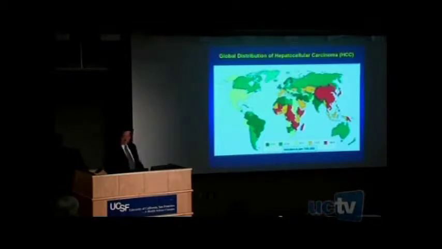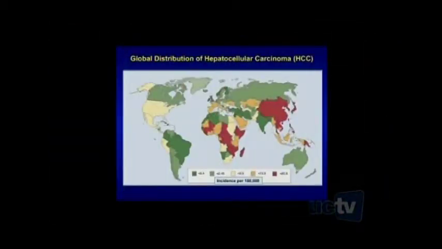When you look at the global distribution of liver cancer, it's really interesting that it parallels areas that are very endemic for hepatitis B. In areas with very high prevalence of hepatitis B, the cancer incidence is also the highest. Examples would be Asia, China, Southeast Asia, and also Sub-Saharan Africa. In some of these places, for instance in Asia, 1 out of 10 individuals are infected with hepatitis B.